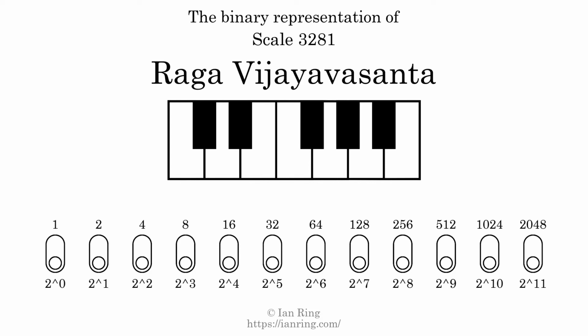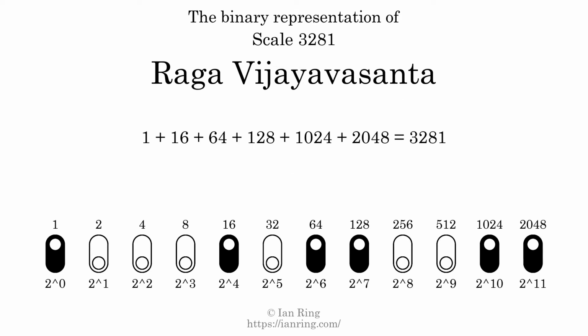The binary representation of this scale is determined by mapping tones of the scale to binary digits. Each binary digit represents a power of 2. To get the scale number, we add the powers of 2 together. The powers of 2 that are present in the scale, all added together, equals 3281. That is why the scale number, in decimal, is